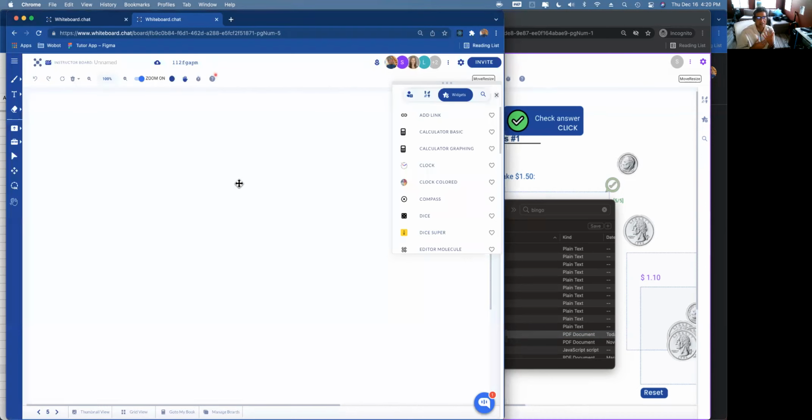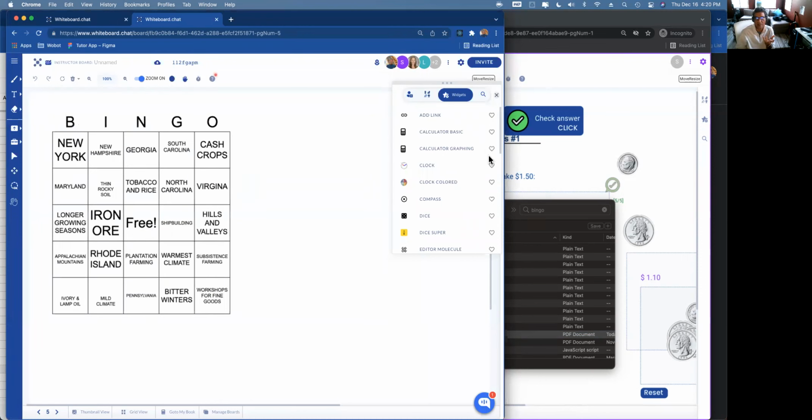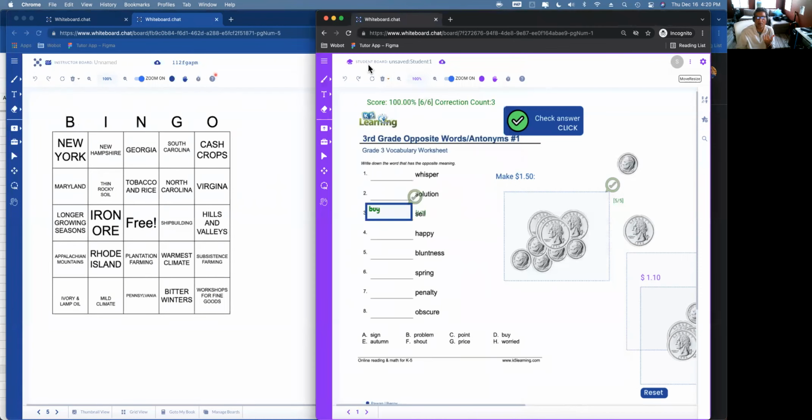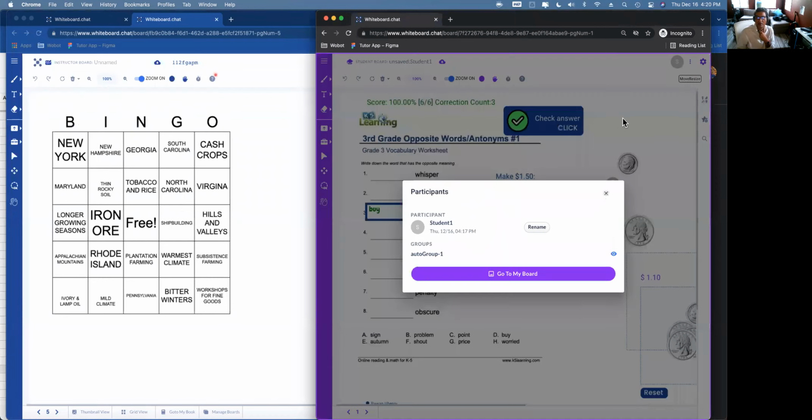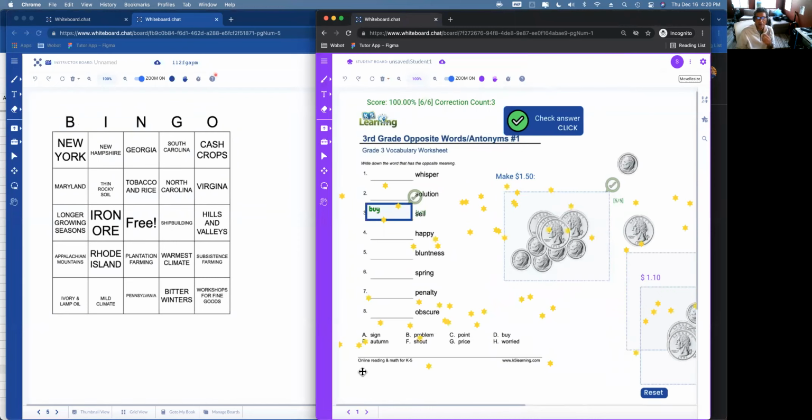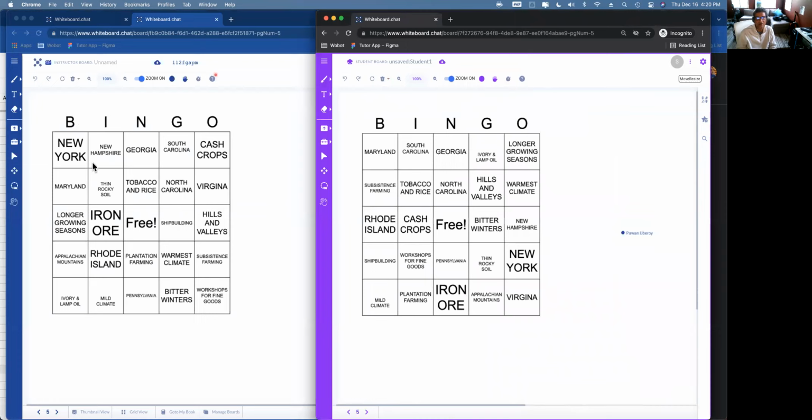And what happens is that each student, make sure you're on the student board, not on the group board. If you're on the group board, you can just click this and go back to your student board, go to my board, right? And then if you go to page number 5, you can see that now every student gets a different version of the bingo card, right? And they can use